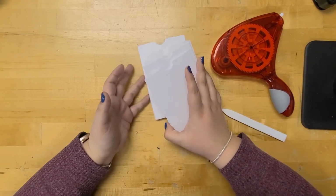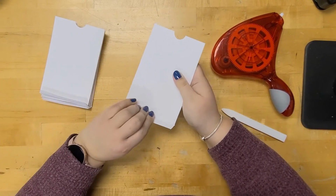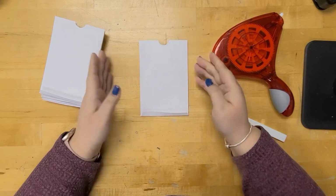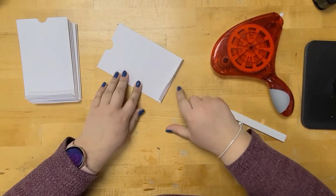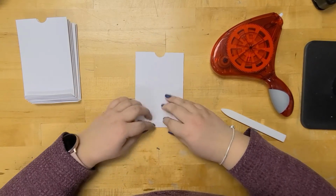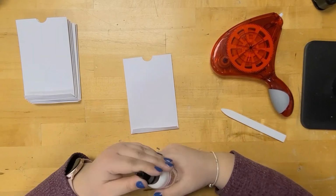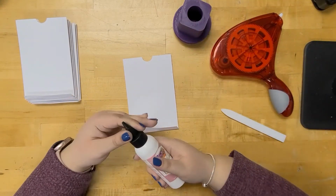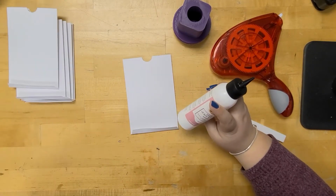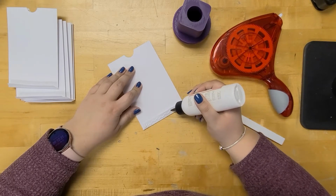So let's see. We're going to start with one page with this tab that we folded back facing up. This is where I'm going to use some liquid adhesive. I'm going to use that art glitter glue. Got my glue holder here. And all you're going to do is stack these on top of each other. I'm only going to place adhesive